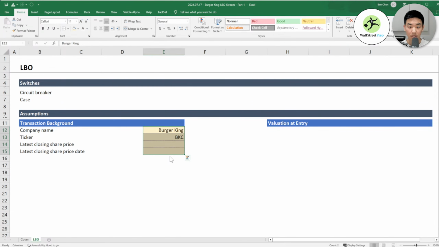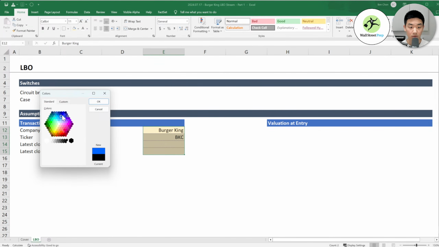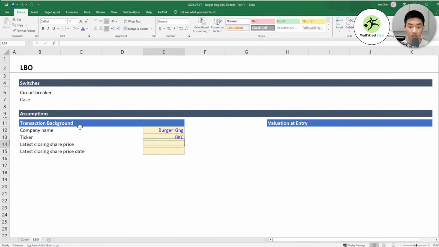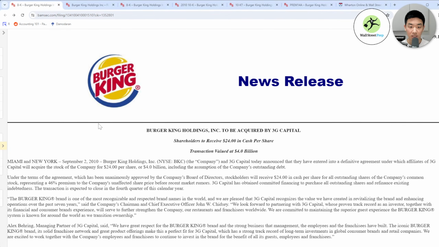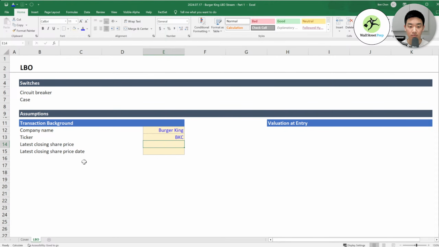There's a certain blue that I want, though. It might be this one. Okay, latest closing share price. The transaction was announced on September 2nd, so that means the last price when it was public was the day before. Oh, share price, oops. So that's the date.